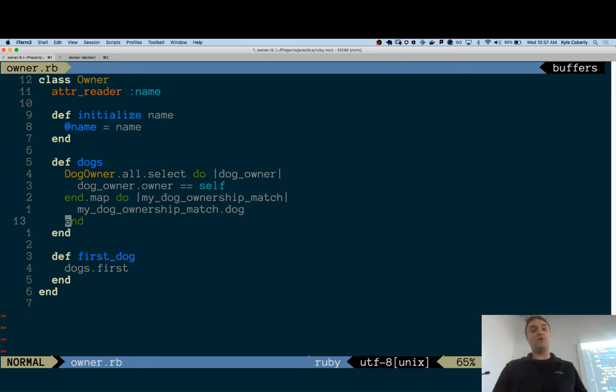Cool. So one more thing that might save your bacon on your many-to-manys. I can successfully reach through that class and get my dogs. Nice. This isn't actually enforcing uniqueness.